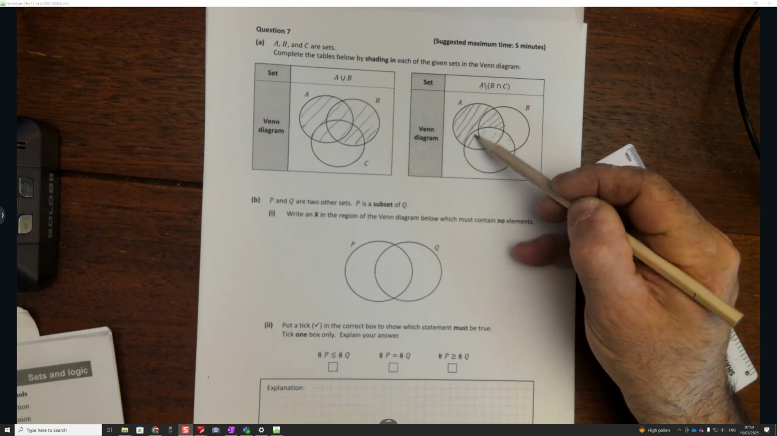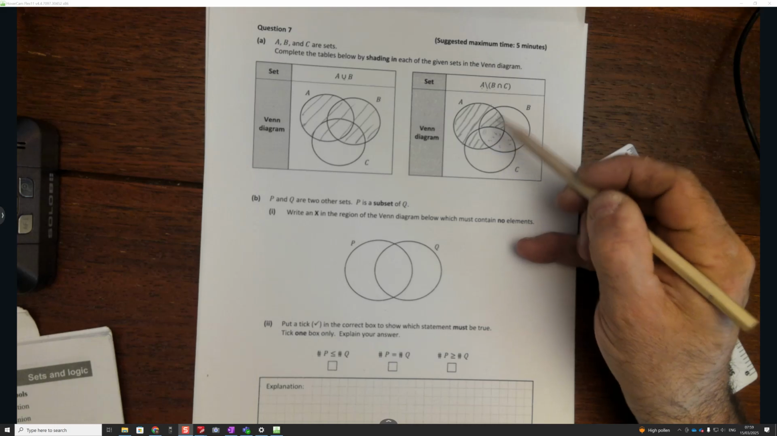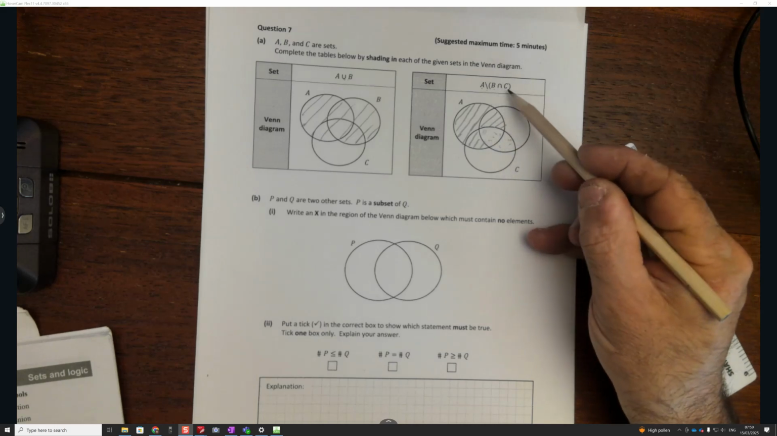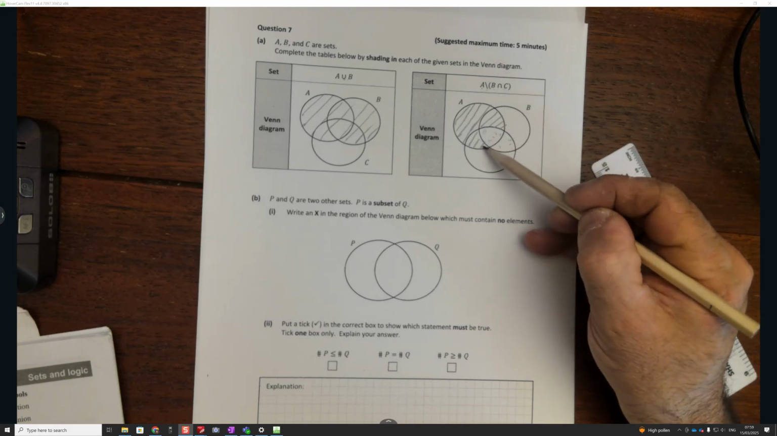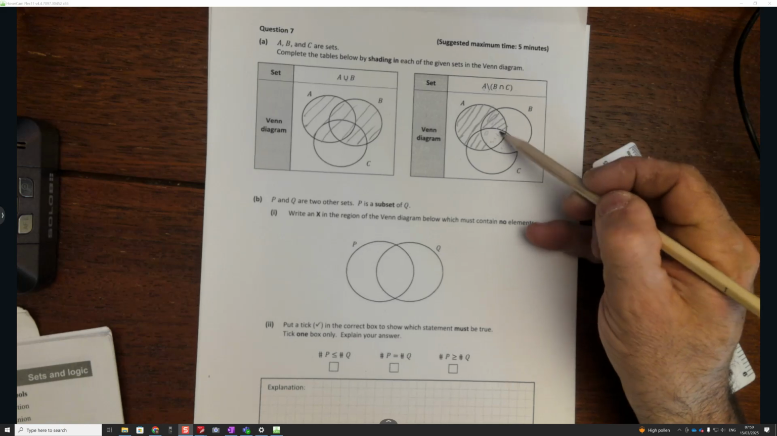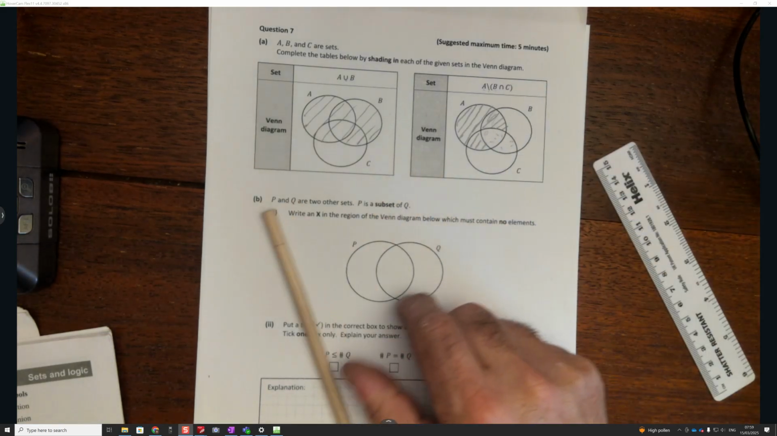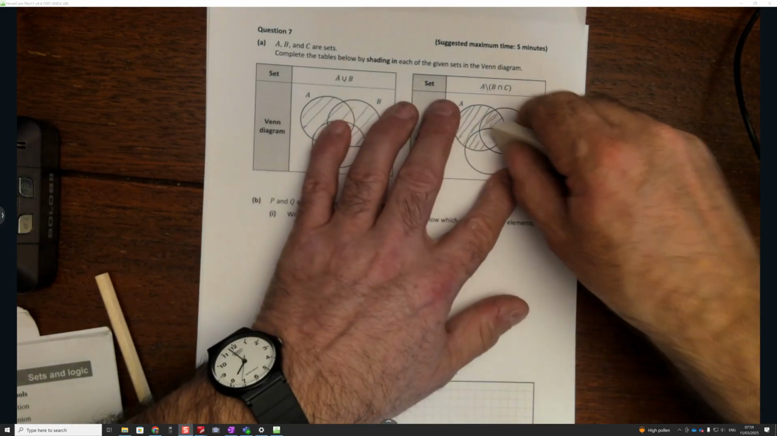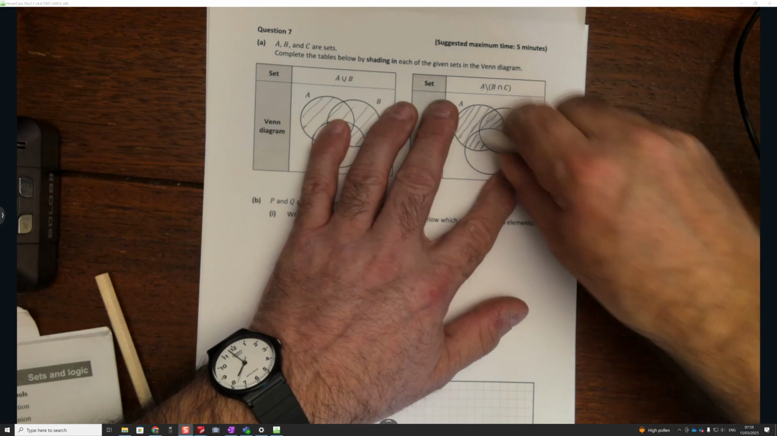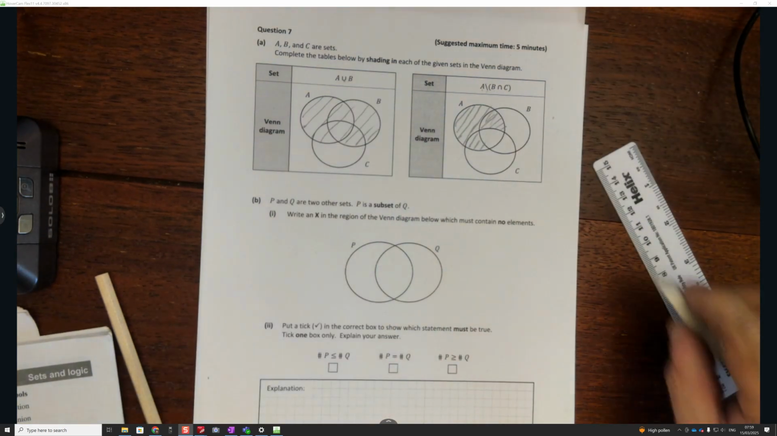This bit too, yeah. B without B intersection C, so that bit is missing and that bit is filled in all the way around there. And of course I'll just take out my rubber and clear what I did in the intersection just to make sure there's no confusion. Okay,